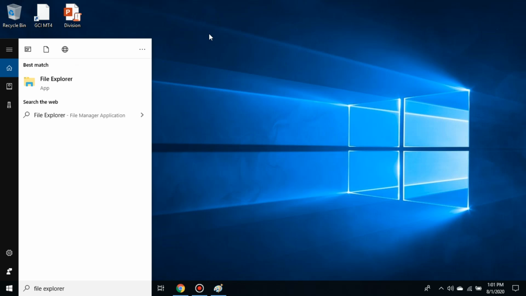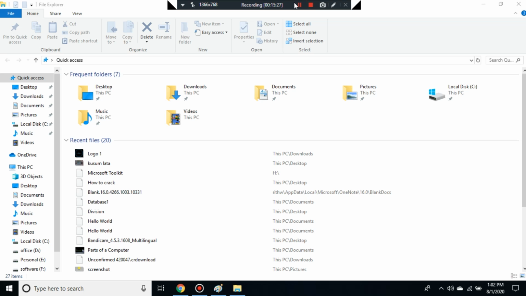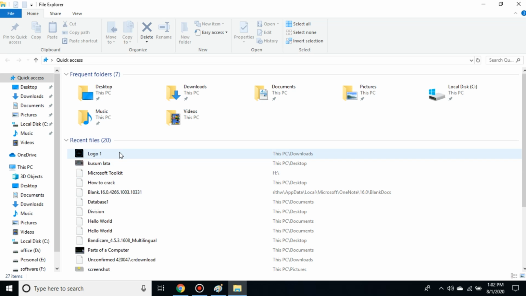File Explorer. So as you can see here in the quick access, on the top it is showing me logo 1.